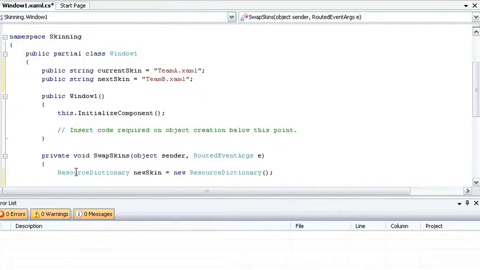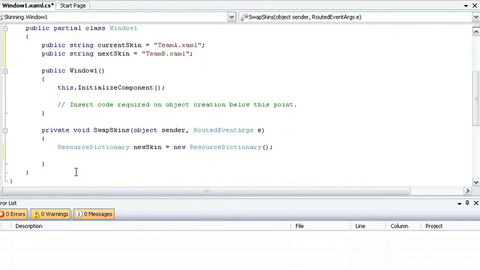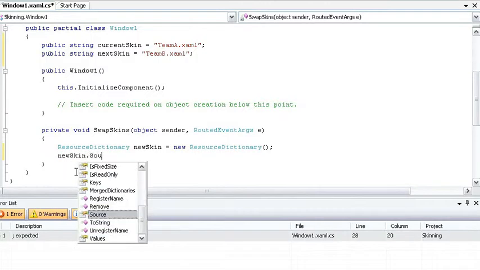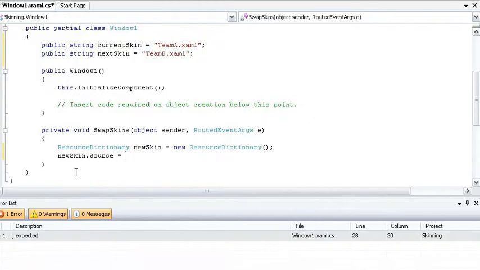Now I need to connect this resource dictionary object to the particular skin that I want. Now this is getting a little bit more into .NET, but what I need to do is set the source property on my skin, .source, to a new